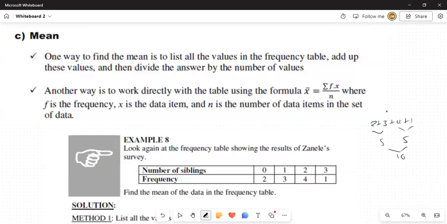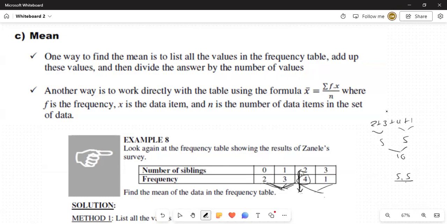The frequencies total 10, so the median falls at the 5.5th position, which is in this region. We have 5 of our data sitting on this side and 5 of our data sitting on this side. That means we take the value at 2, because it's closer. So then the median says that